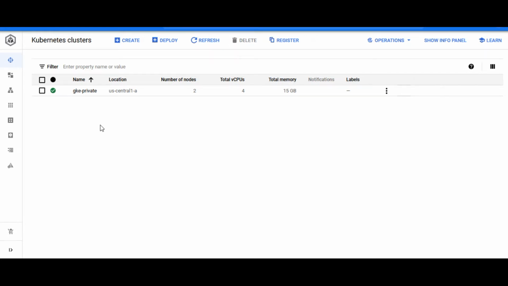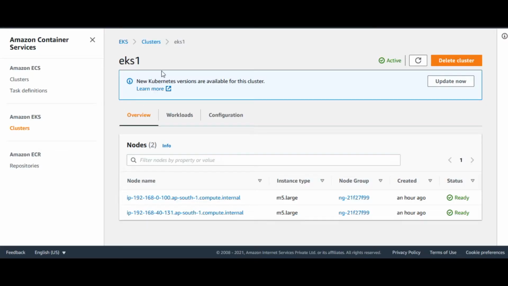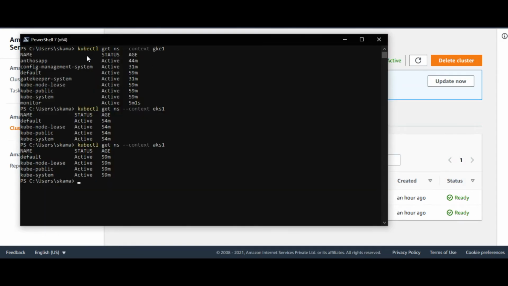So three clusters we are going to work with in this demo. One is GKE1, GKE private here. Another one is Azure cluster AKS1, and the final one is the AWS cluster EKS1. Right? Now, if you look at this output for the namespaces on all these three clusters, you can see that